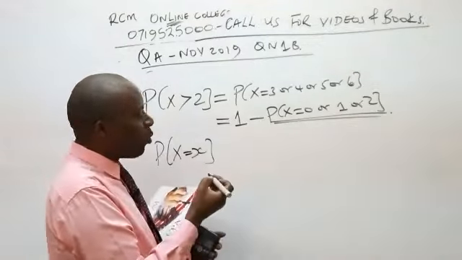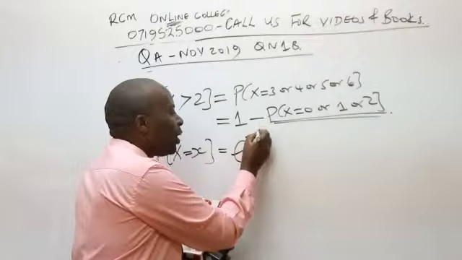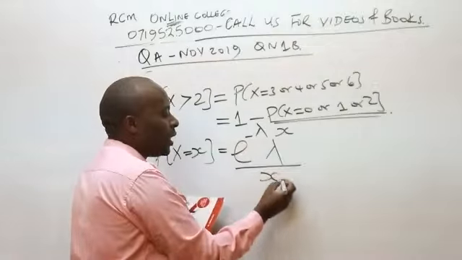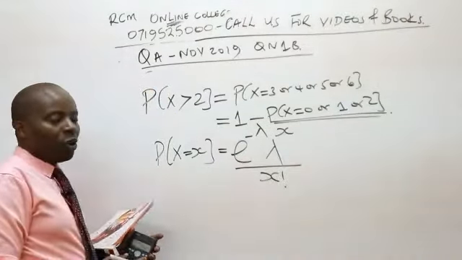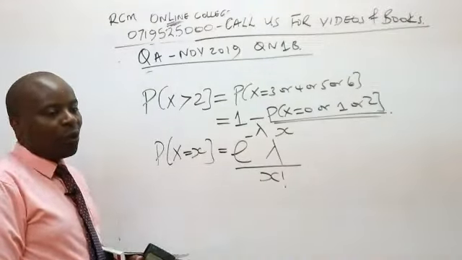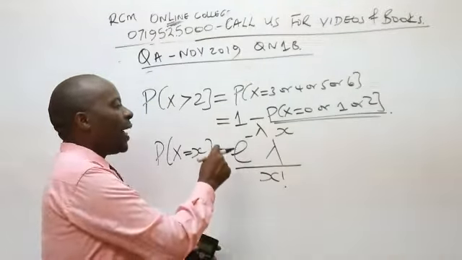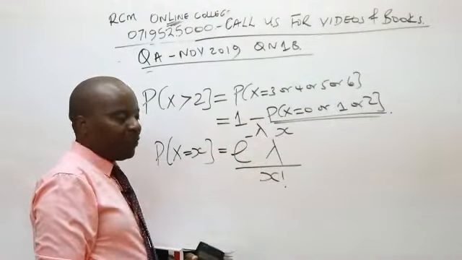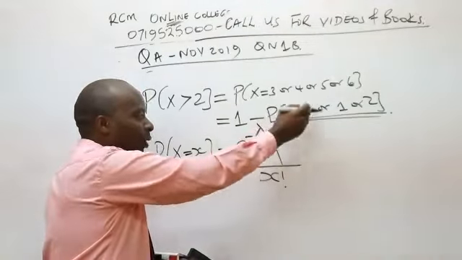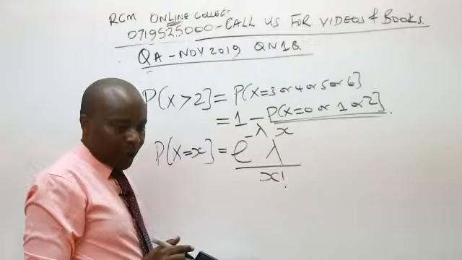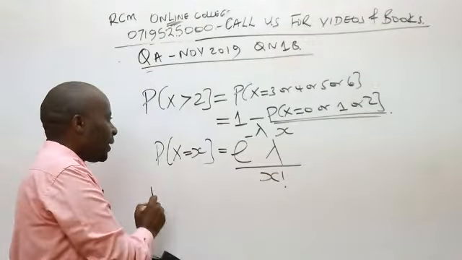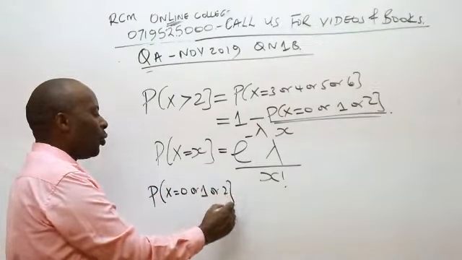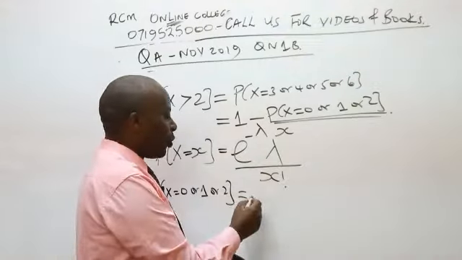Probability of capital X being equal to small x will be equal to e raised to negative lambda, lambda raised to x, all over x factorial. So then what you need to do is to get the probability of each one of these. The very best, because this e will apply to each one of them, is to factor it out. So probability of x equals 0 or 1 or 2 using this Poisson will be equal to e raised to